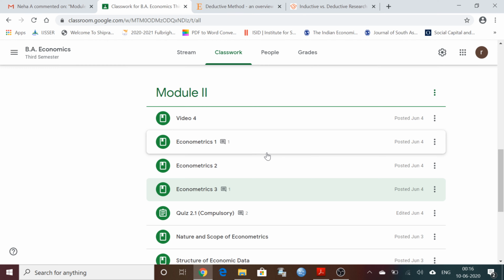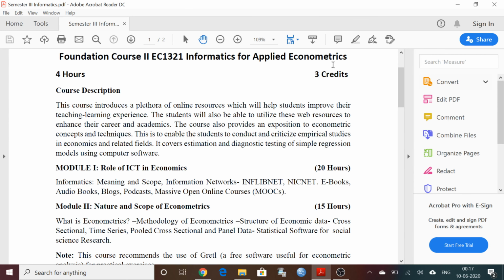Informatics, our subject, please go through the course description of our subject, informatics for applied econometrics. So that means we're using econometrics, and some information and communication technology is used. So informatics is different, and it supports our econometric analysis. In your paper, please see the course description first. In the course description, you can see that this course introduces a plethora of online resources. See the point, online resources,